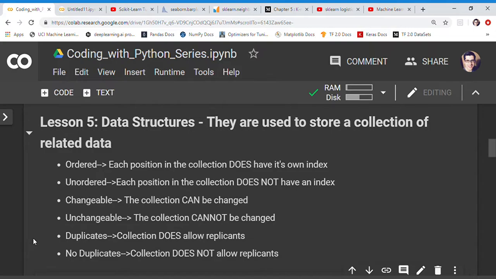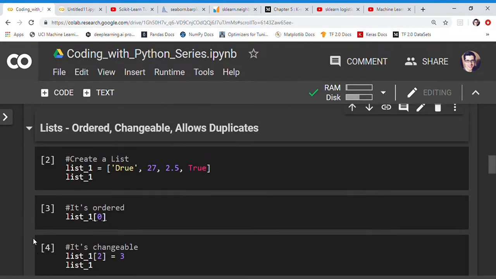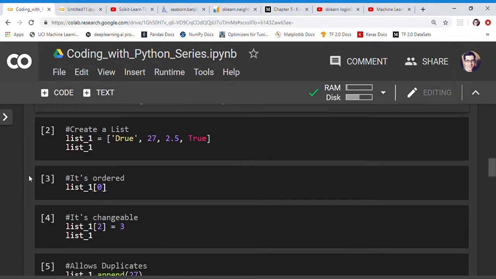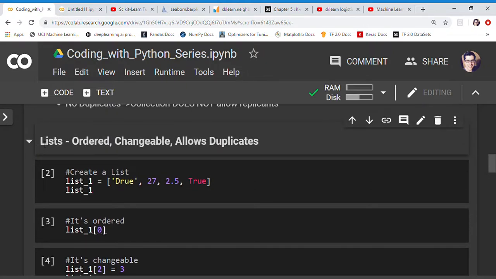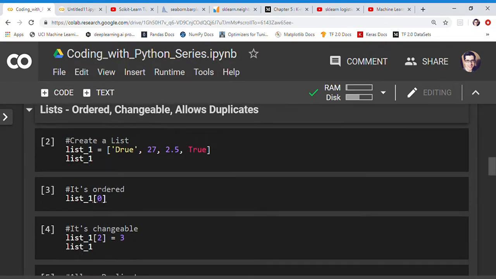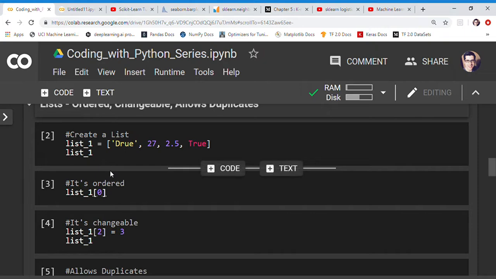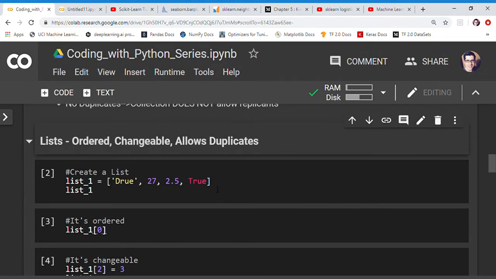Okay, let's go ahead and get started with our first one. What we have here is lists. A list is a data structure that is ordered, changeable, and does allow duplicates. To create a list, you use these square brackets, and you can use all different sorts of data types within your list. You see we have a string, an integer, a floating point number, and a Boolean. You just wrap it with these square brackets,